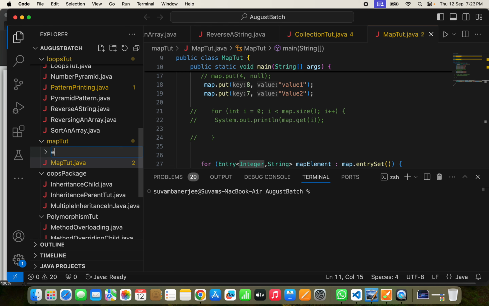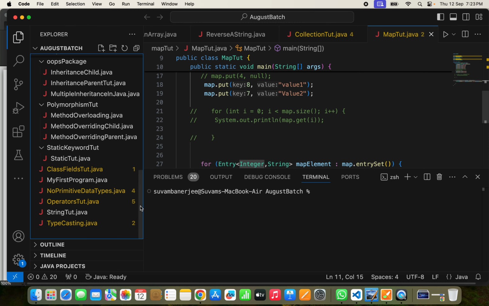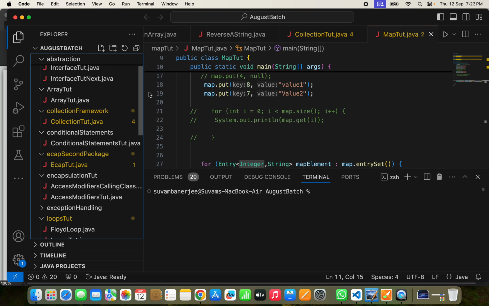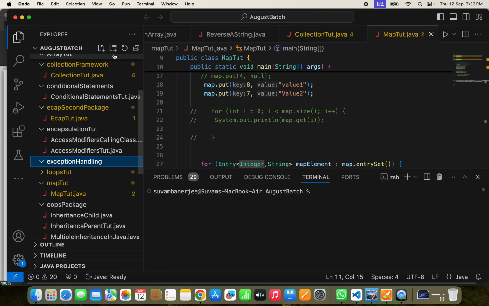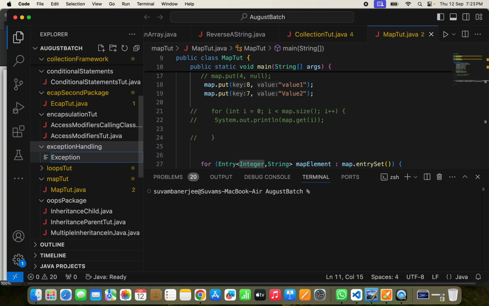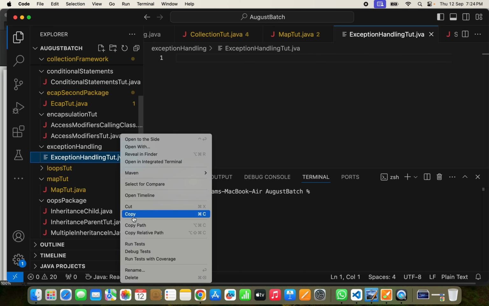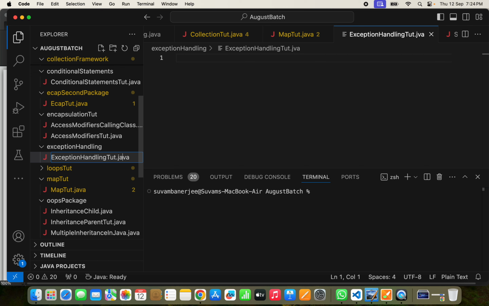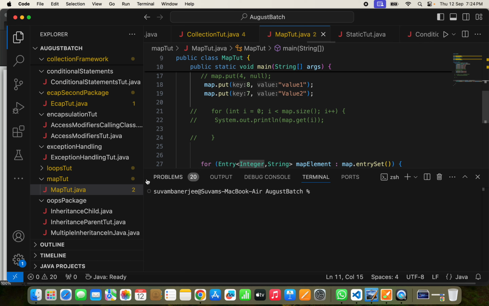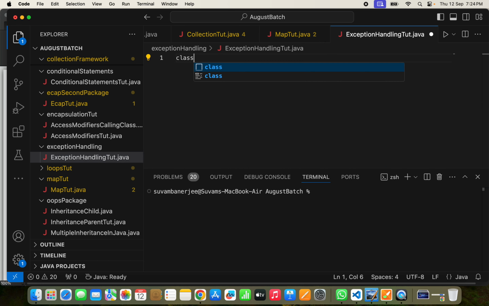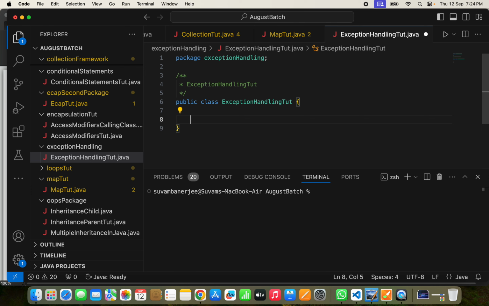So let me create one package here called exception handling. Okay, let me create one class, ExceptionHandlingTut.java. Now the main method, let's say, and